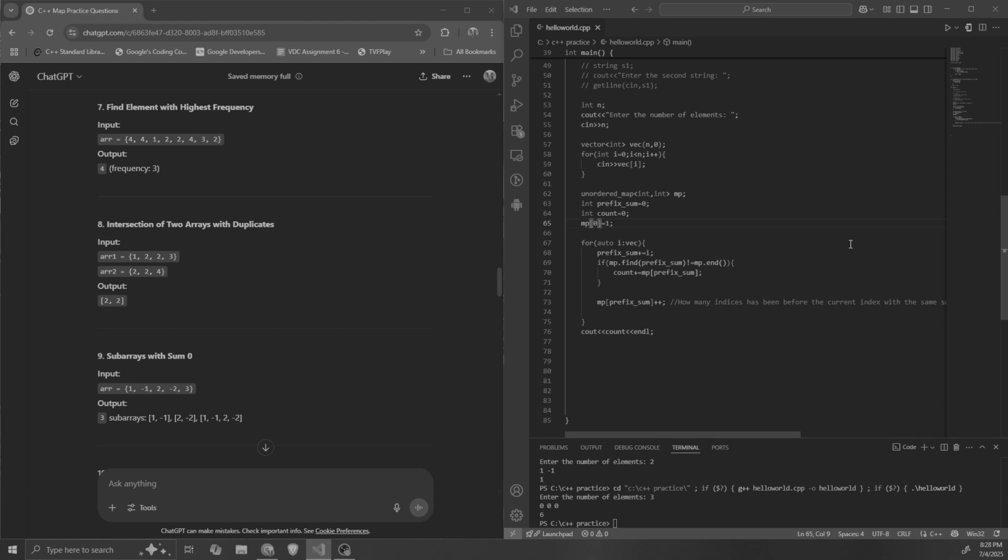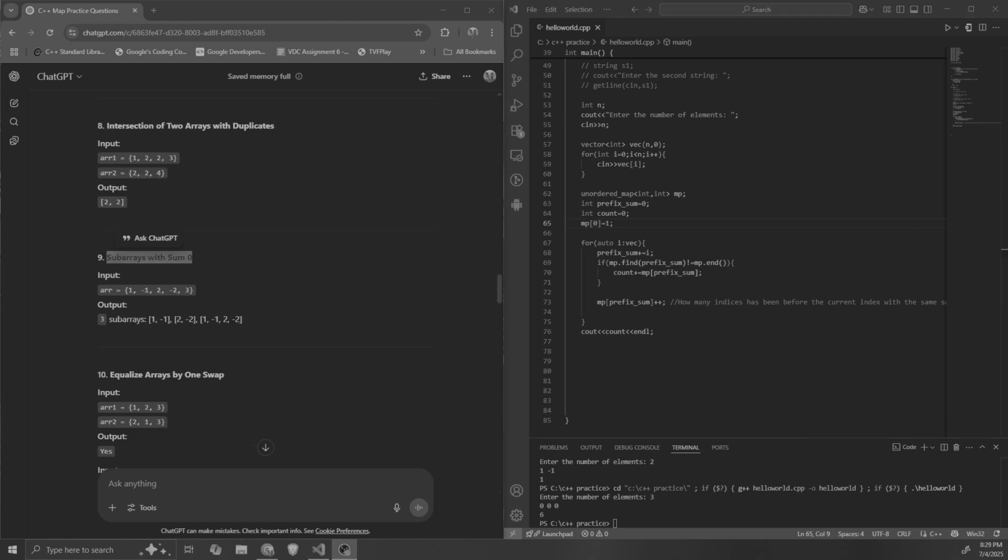So the current sum, or the index with the current sum, if it is the same as previous sums, or if that sum has appeared n number of times previously, then it can make n subarrays in the vector that have a sum of 0, right? That index specifically. So that sum appearing n times before has been stored in MP of previous index,